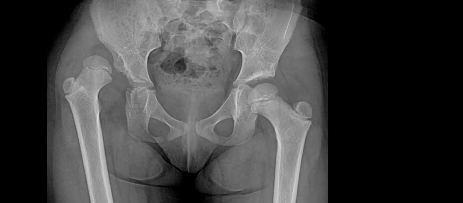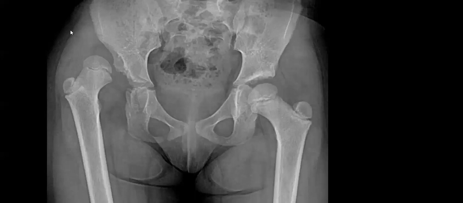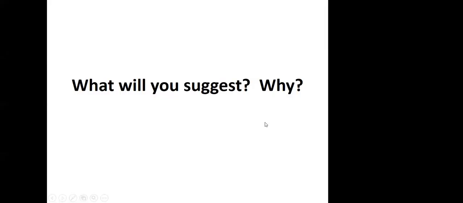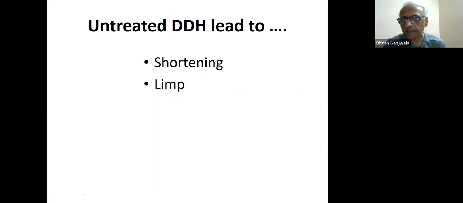So there is abductor shortening also, that will give a Trendelenburg gait to the patient. Yeah, shortening can be taken care of by the sole, but the gait abnormality cannot be solved by the sole. So the Trendelenburg gait will persist even after compensating the limb length. So that's one thing. Then what else? Degenerative changes in the spine will occur in the long term. Yes, right. So we need to understand that untreated DDH leads to the following problems, like shortening, but shortening can be tackled by compensation.